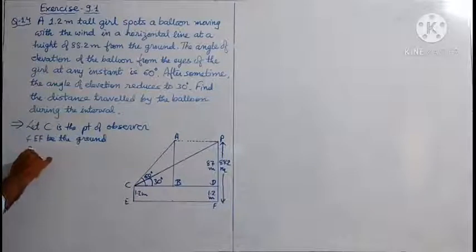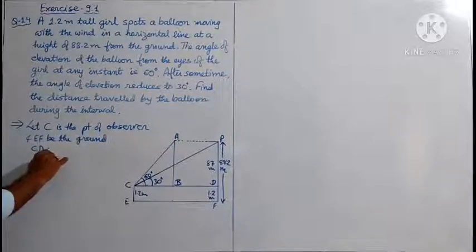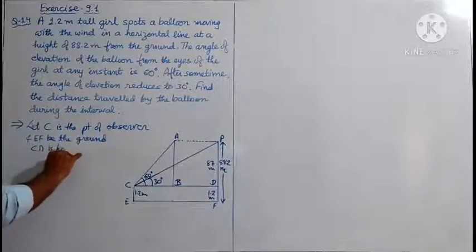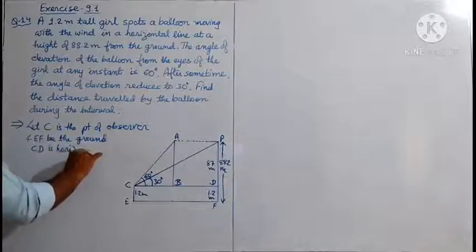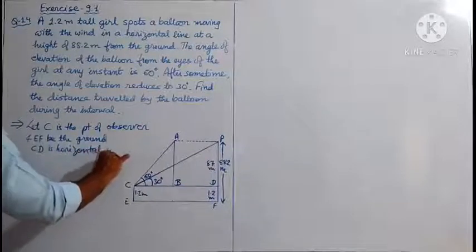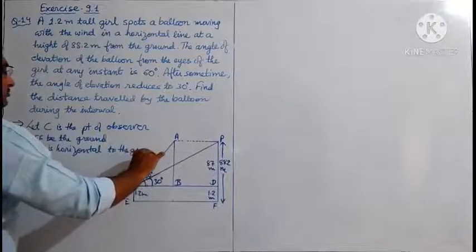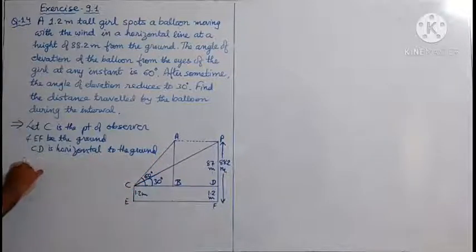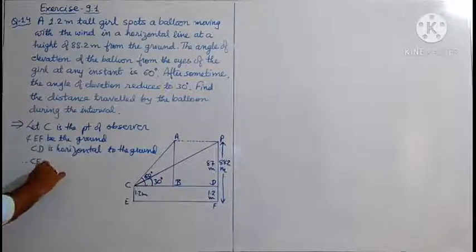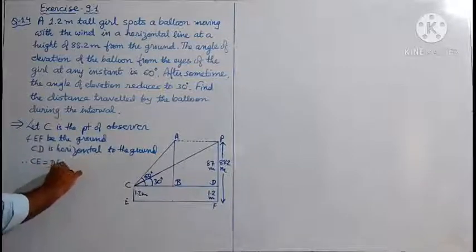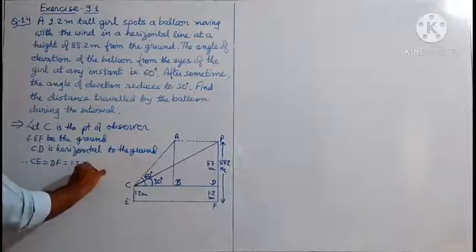Therefore, CD is horizontal to the ground, and therefore CE is equal to DF is equal to 1.2 meter,